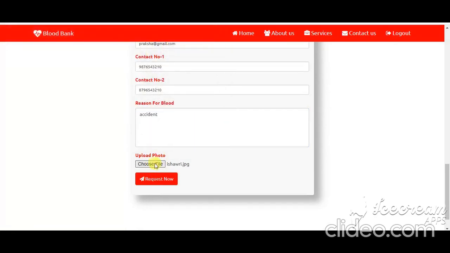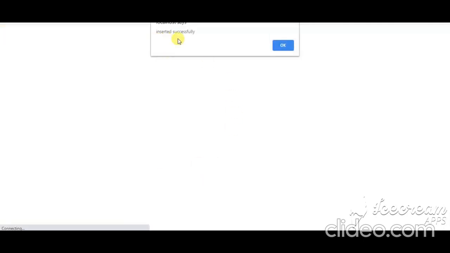After filling in the information, click on Request Now. Once you click on the Request Now option, you'll get a pop-up message saying inserted successfully.